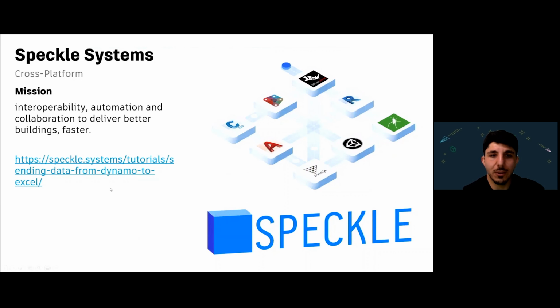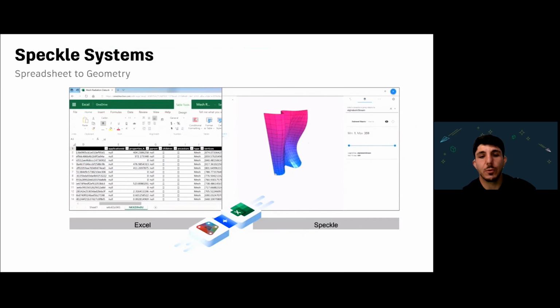One of them is Speckle. Speckle is great for interoperability, automation, and collaboration through all sorts of different platforms and support. They've been really growing this service over the years. And one of my favorite things about it recently is how you can use something like Dynamo and a CSV file, for example, from Excel, or anything with the Excel spreadsheet to create geometry. This is like the future to me, to reduce friction between different geometric formats as things become a lot more fluid between project teams and how they work. You want common points of collaboration. This is a great way to do it, to have something like Speckle that can just move the geometry, XYZ points, and the data along very quickly. So it's a very cool feature from Speckle.